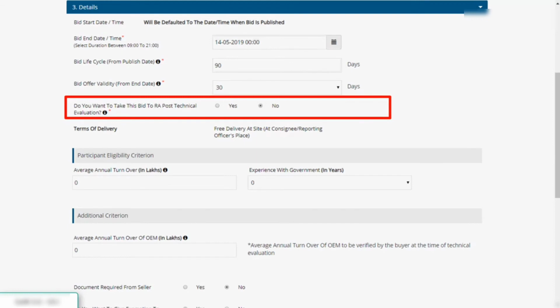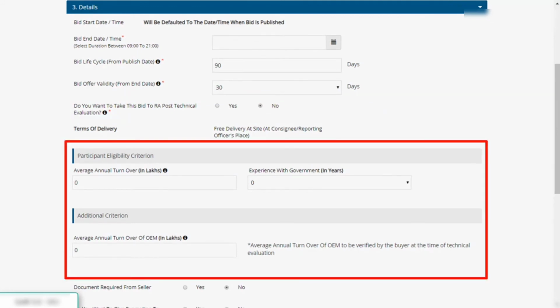In case the number of technically qualified bidders is 2, RA will be between both without any elimination.